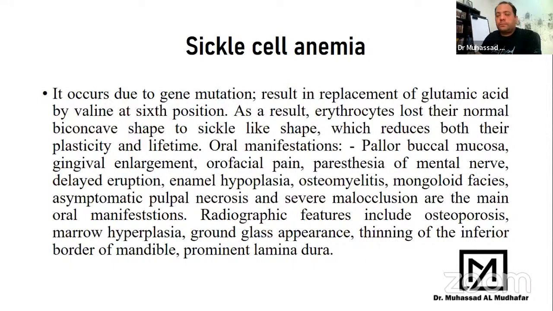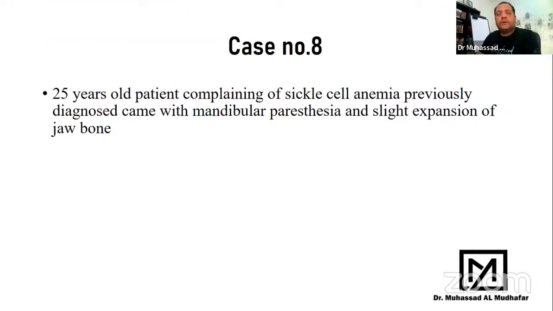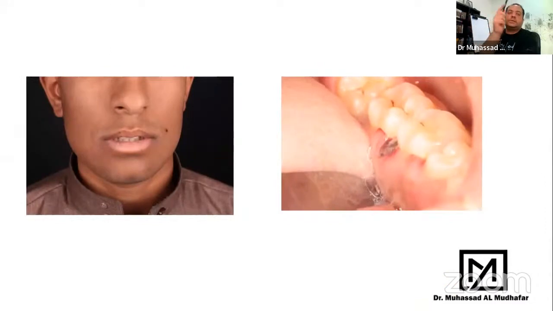RBC occlusion can occlude the blood vessel and cause severe pain. Like in case number 8, a 25-year-old patient with sickle cell anemia, previously diagnosed, came with mandibular paresthesia. This is the lower chin, mandible, with paresthesia, slight expansion of the jawbone and gingival inflammation in this picture. In this picture the mandible is slightly expanded, bone slightly expanded, gingival inflammation with